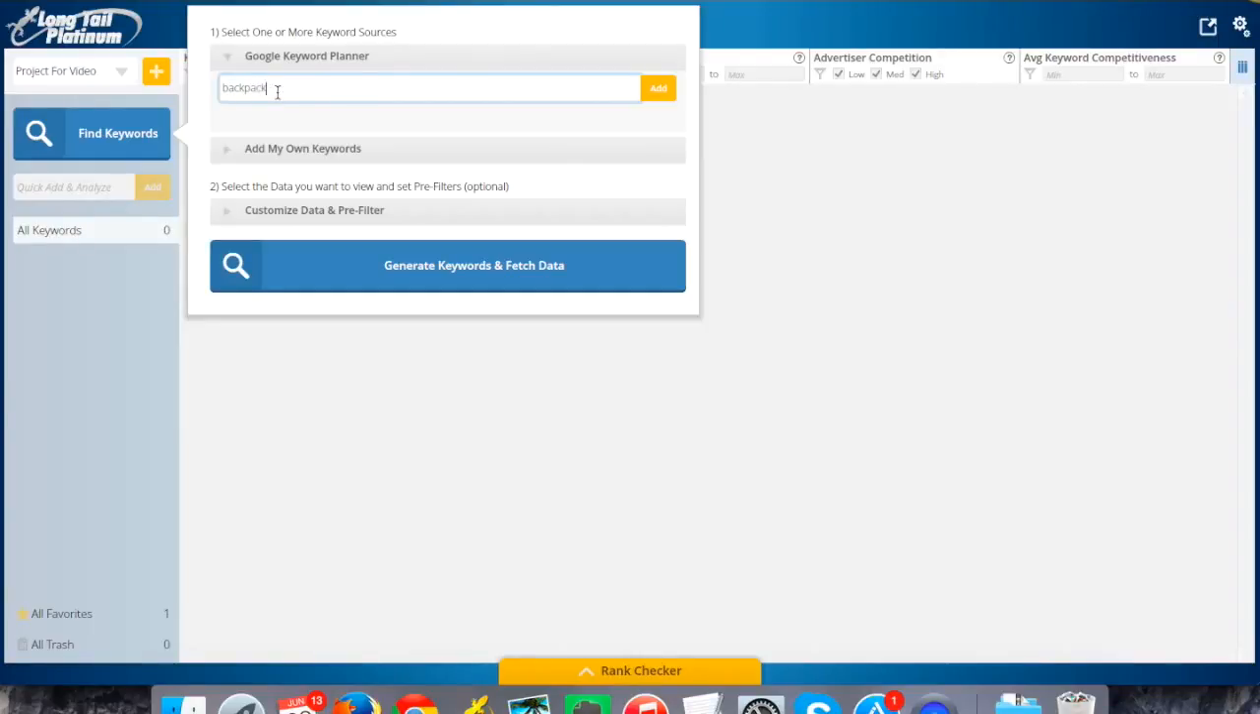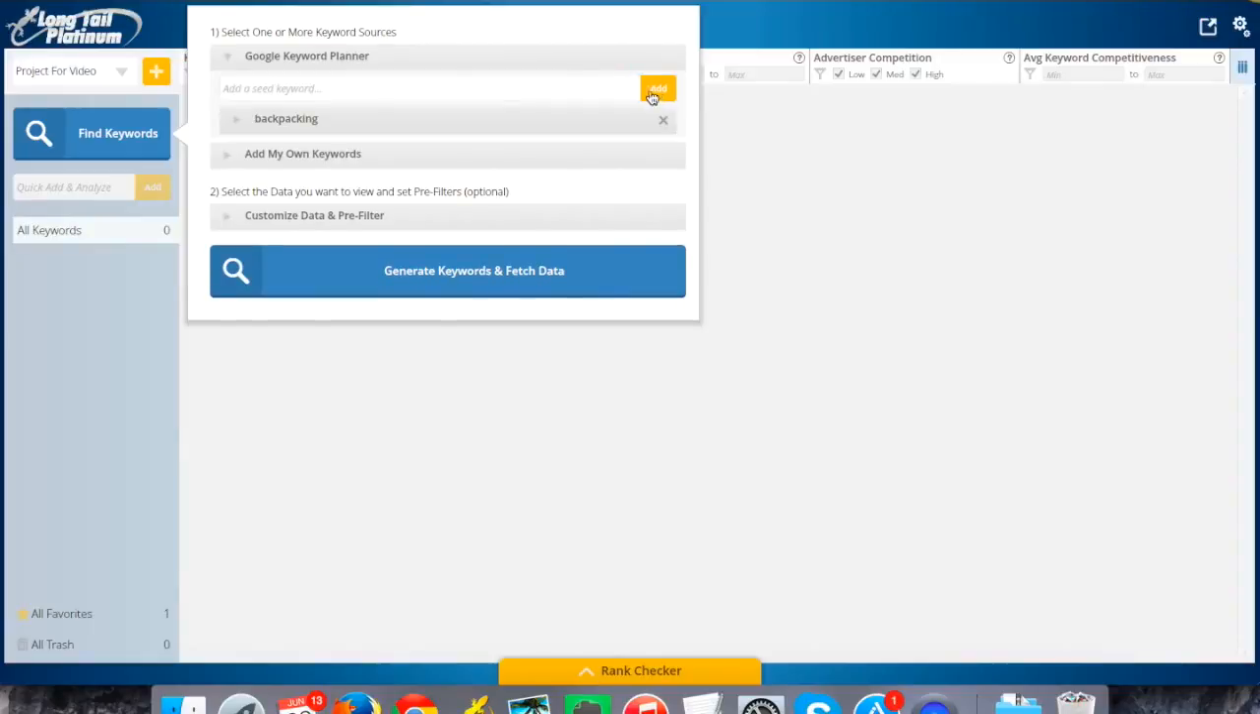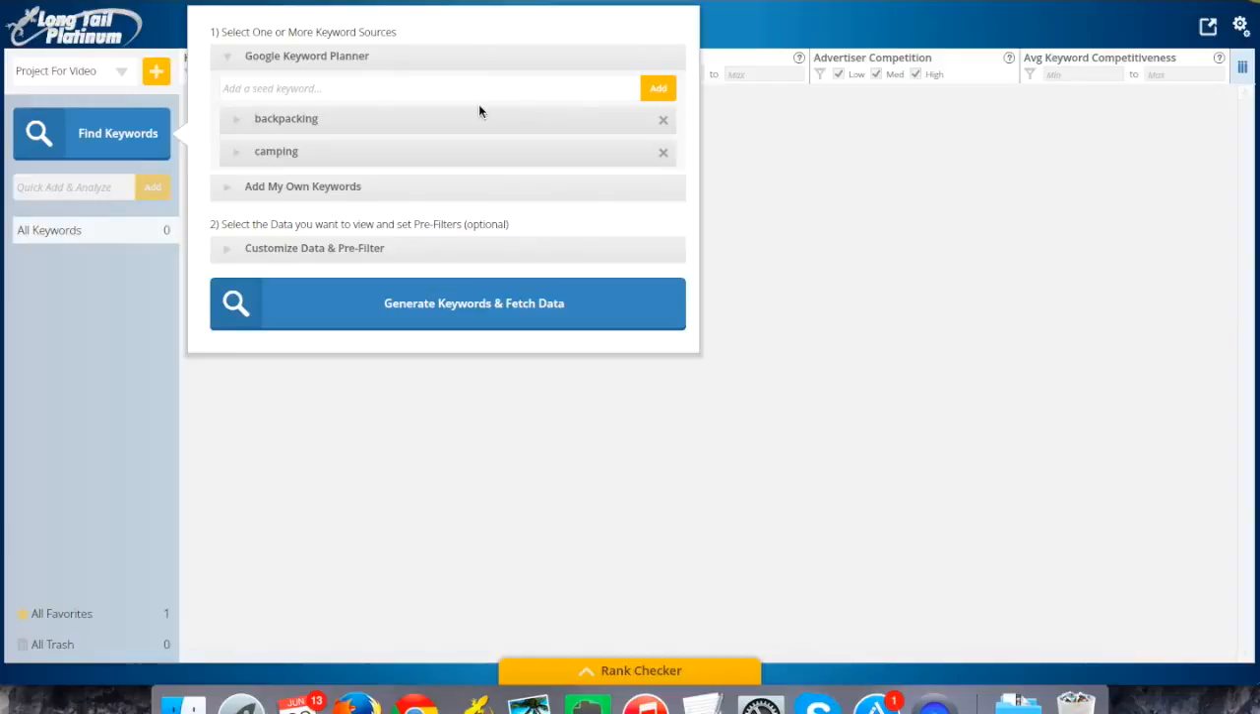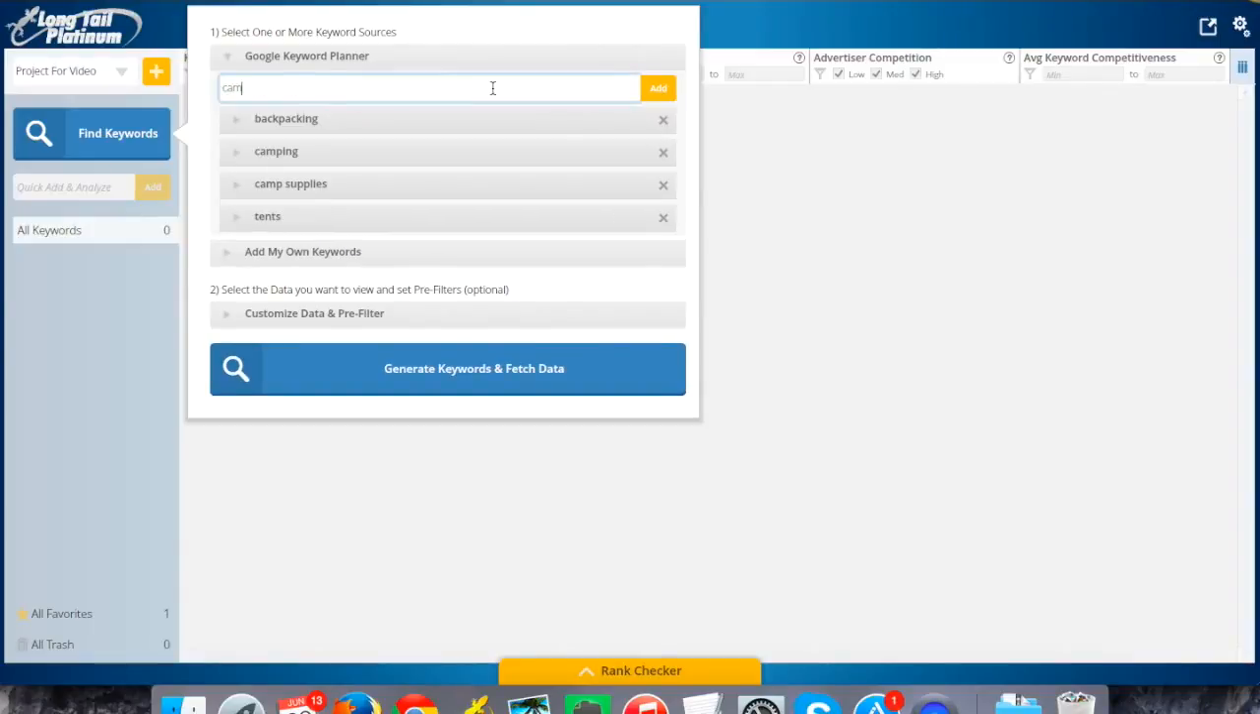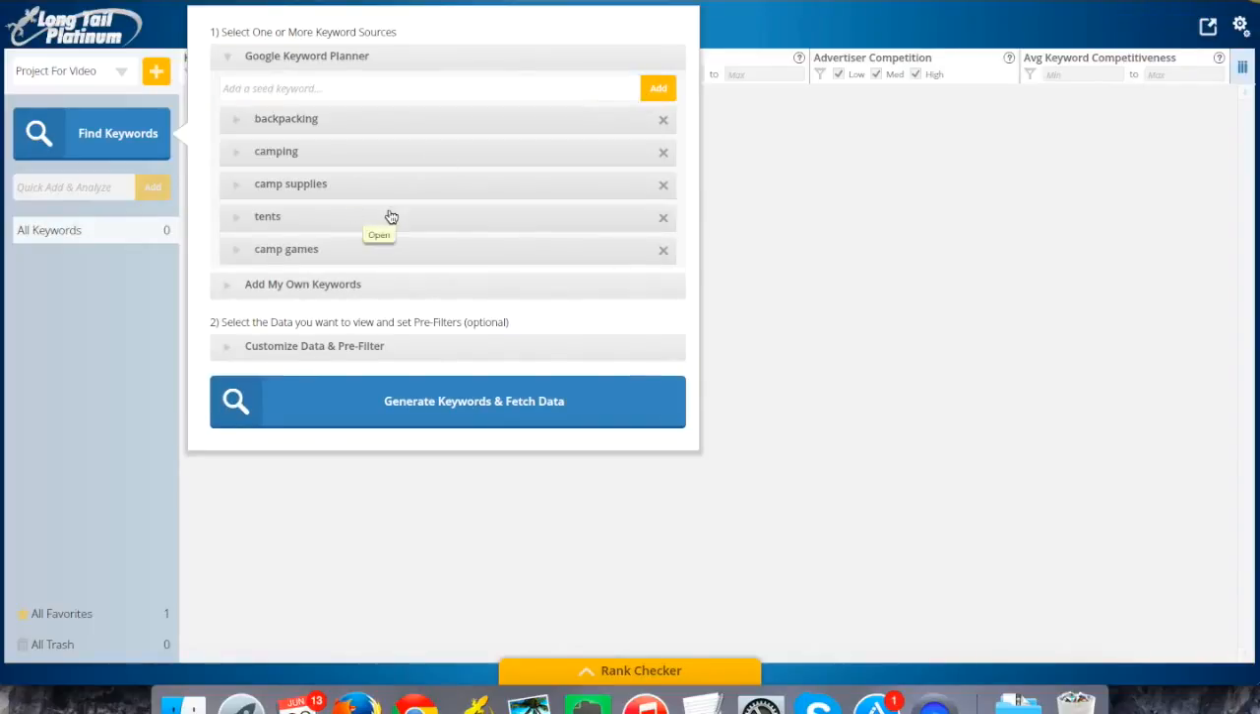So assuming I have an outdoor site, let's say I want to do backpacking, camping, I'll do camp supplies, I'll do camp games, just for fun. All right, and so with any of these, I can go and expand